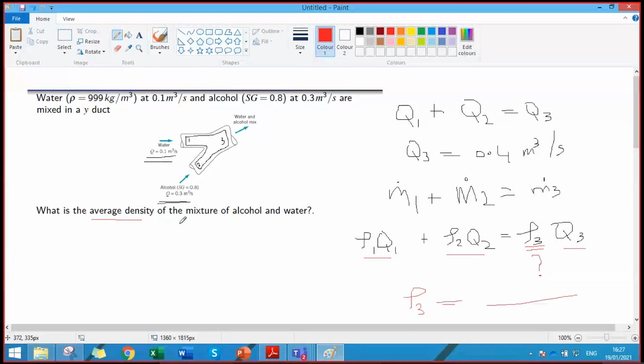So if it's the average density, then you can have that it's a steady flow. This average density term is telling you that you can assume it as a steady flow. And if you don't assume it incompressible, then you cannot write this second equation. Then you need to know the density functions, because the problem has stated the water density as 999 kg per meter cube, and it has given you the specific gravity of the alcohol. So you can calculate the